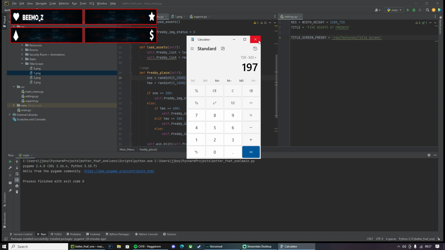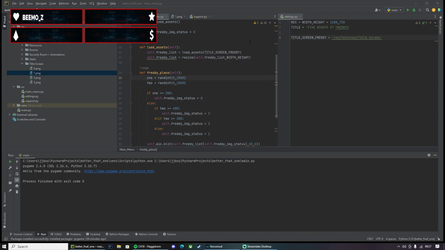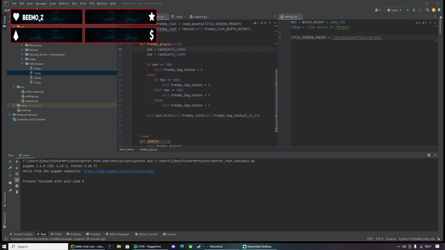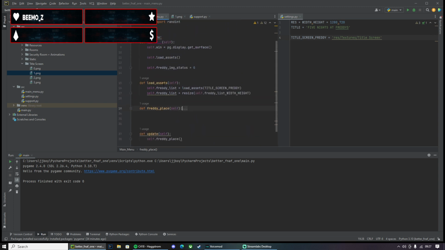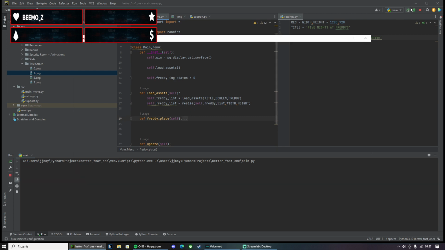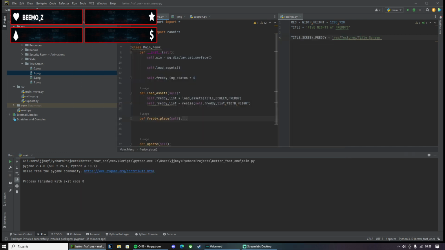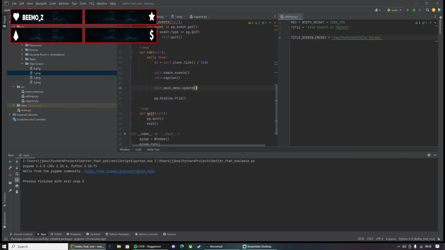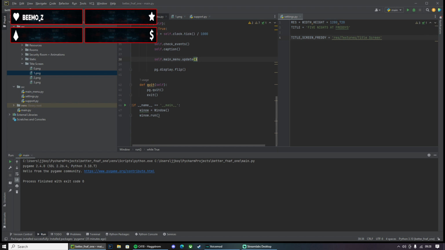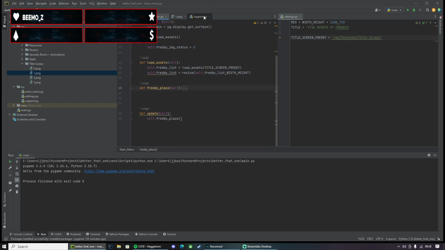Okay, get rid of the calculator because we don't need that anymore, because I have got a big brain and I know how to do maths. So we've done the Freddy placement. This all took me so long and I don't know why. It took me almost an hour to create the basic window and this and the settings and the support.